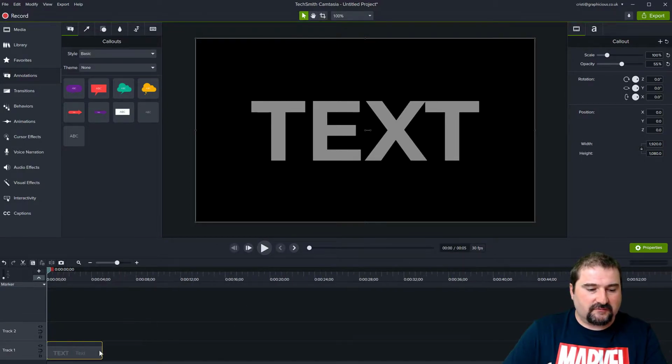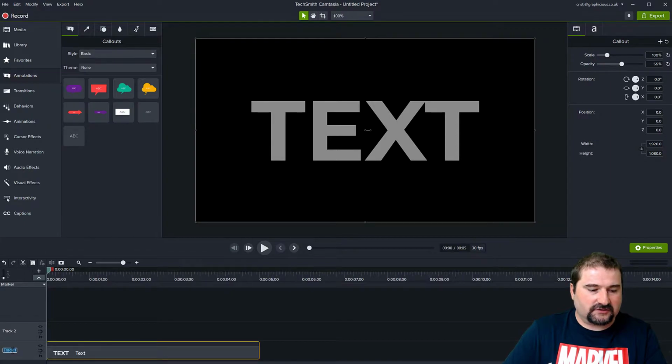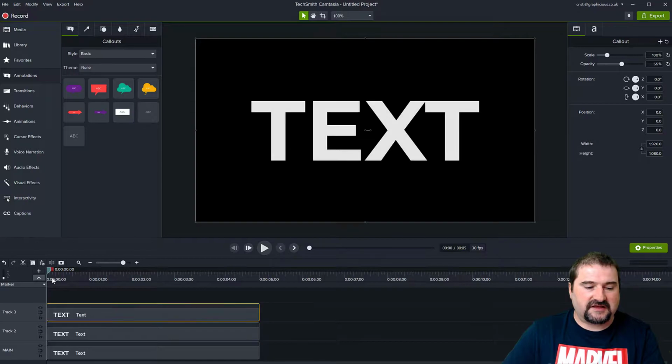So I'm going to zoom in my timeline here, and let's call this track. It's very easy, and it's nice to stay organized by renaming your tracks. So I'm going to call this main text, okay? And then I'm going to copy this, and my playhead is at the start, which makes it easier to paste in the same position.